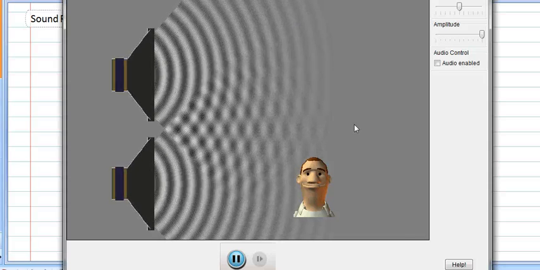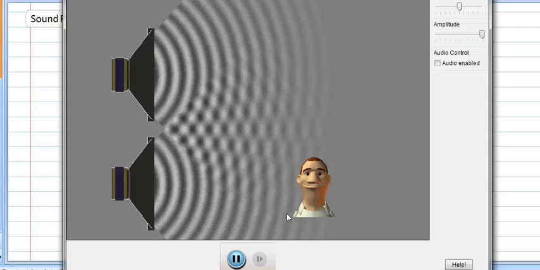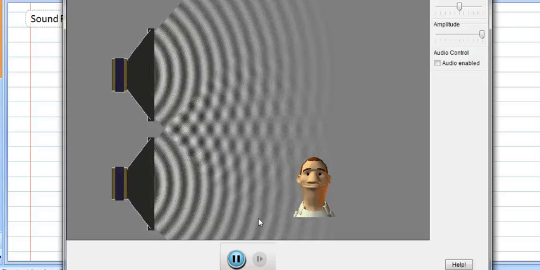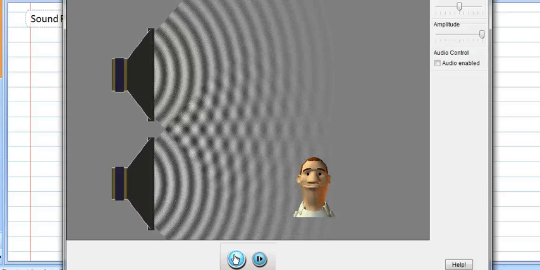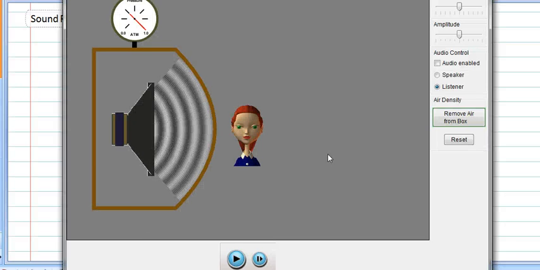So sound can definitely interfere as well. And we'll be investigating this a little bit more with a short applet. And of course, sound can also refract as it goes from one medium to another. And I don't think this one really shows that, but